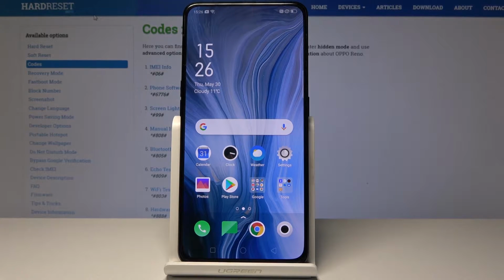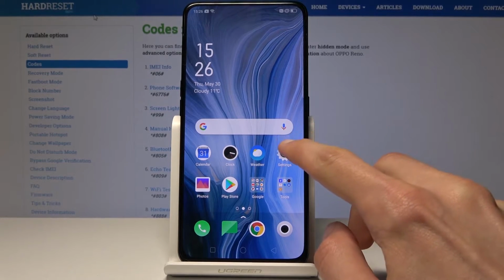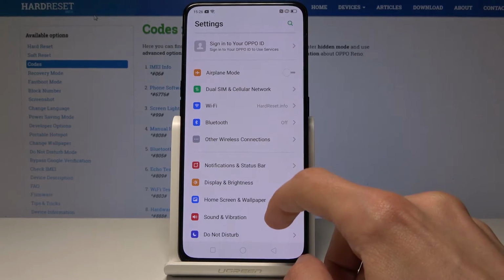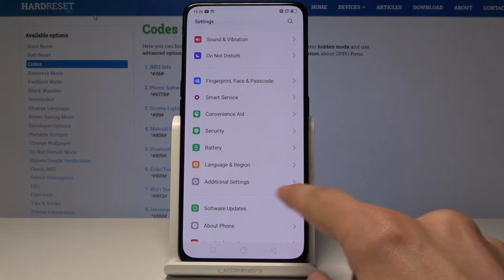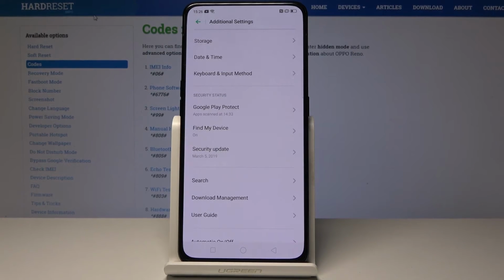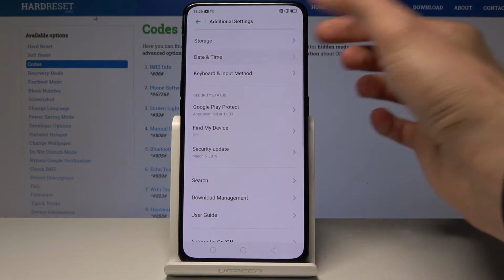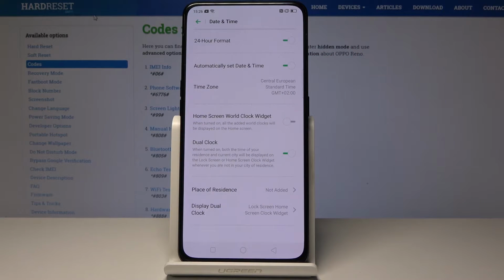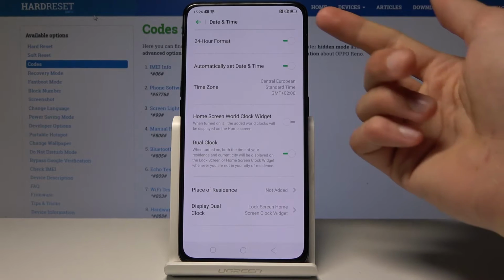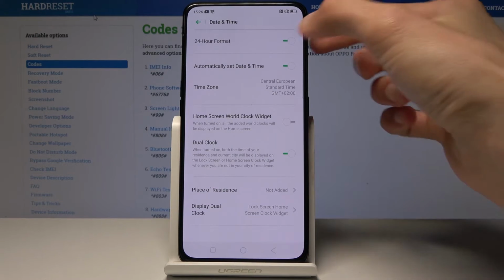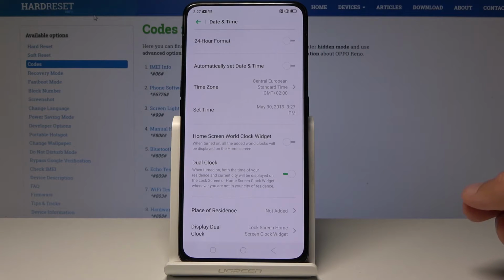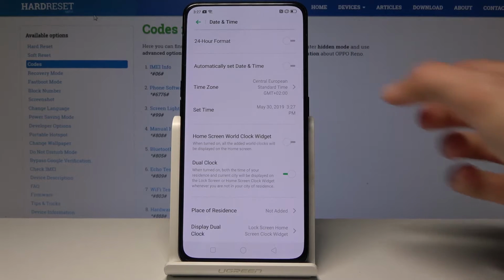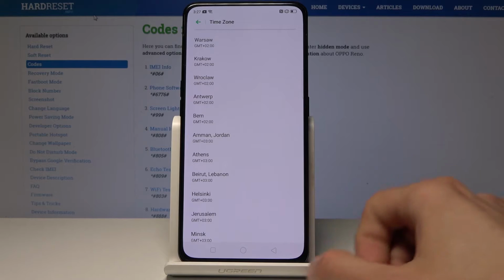settings. So to start off, we will open up the Settings app and then go to Additional Settings. So as you can see right here, and right at the top you will see Additional Settings, and here you can change a couple things. Number one, you can change from 24-hour to 12-hour clock. You can turn off the auto set time and date, and then you can choose the time zone that you